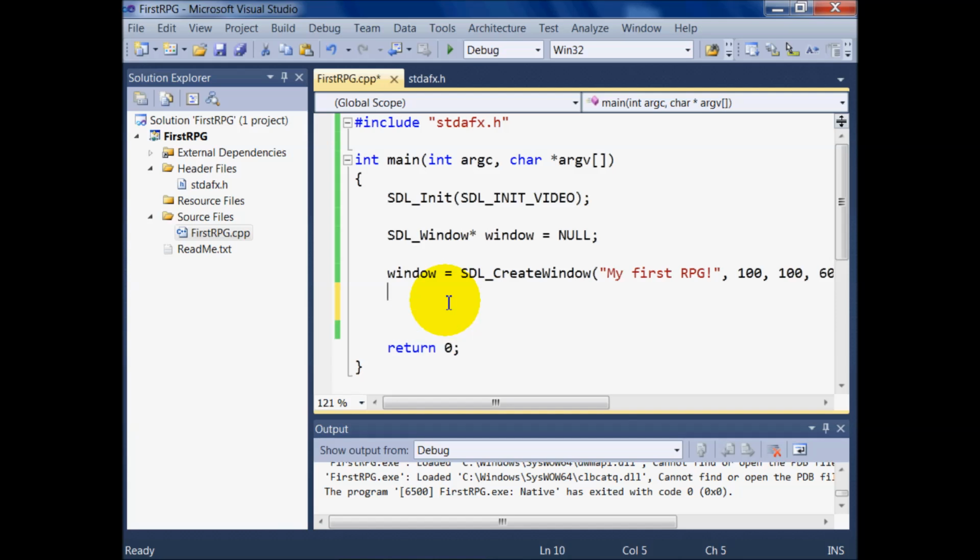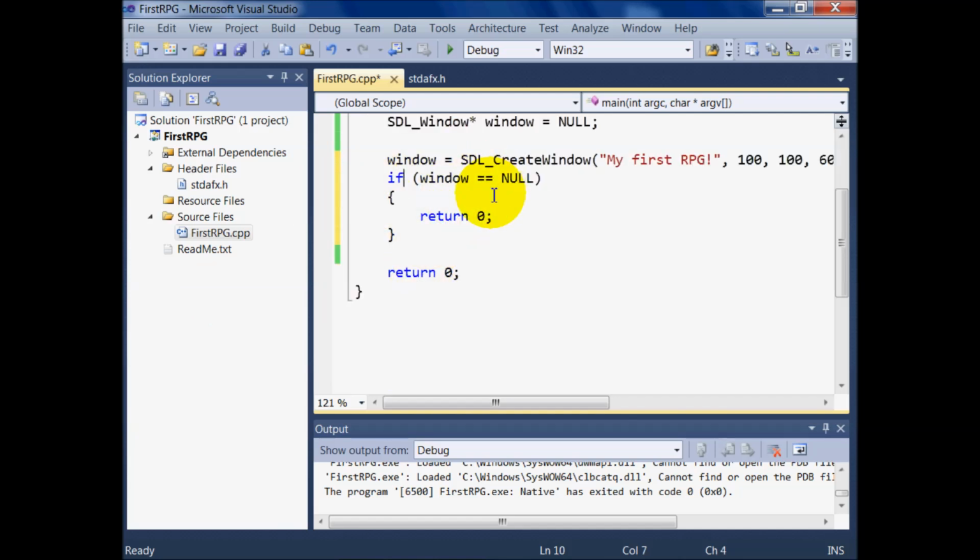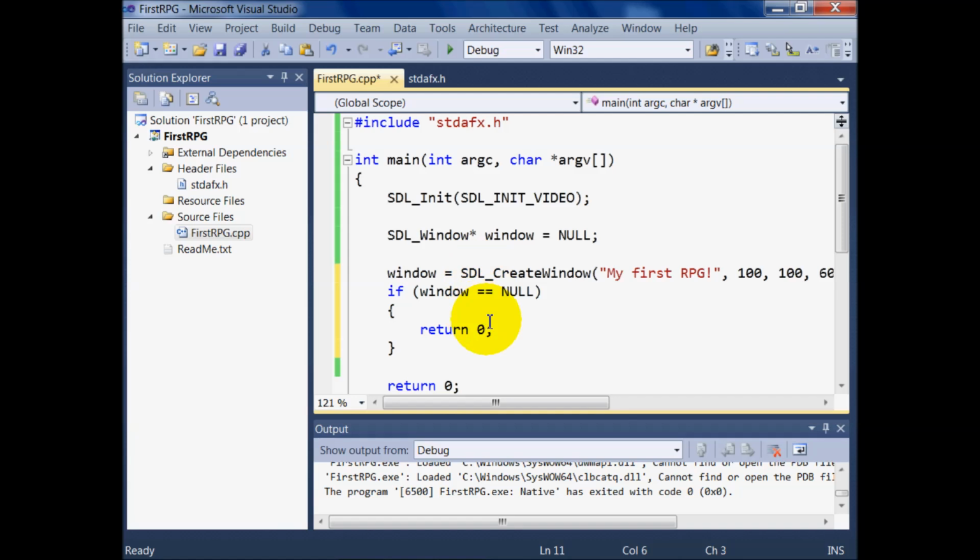Also, because there is a chance it could fail creating the window for some reason, we should have if window is not equal to null. Oh, so if it is equal to null, we're going to close the program, because it's going to give the player a weird error if the window crashes. So it's better to just close the program. We can later write something to display an error, but